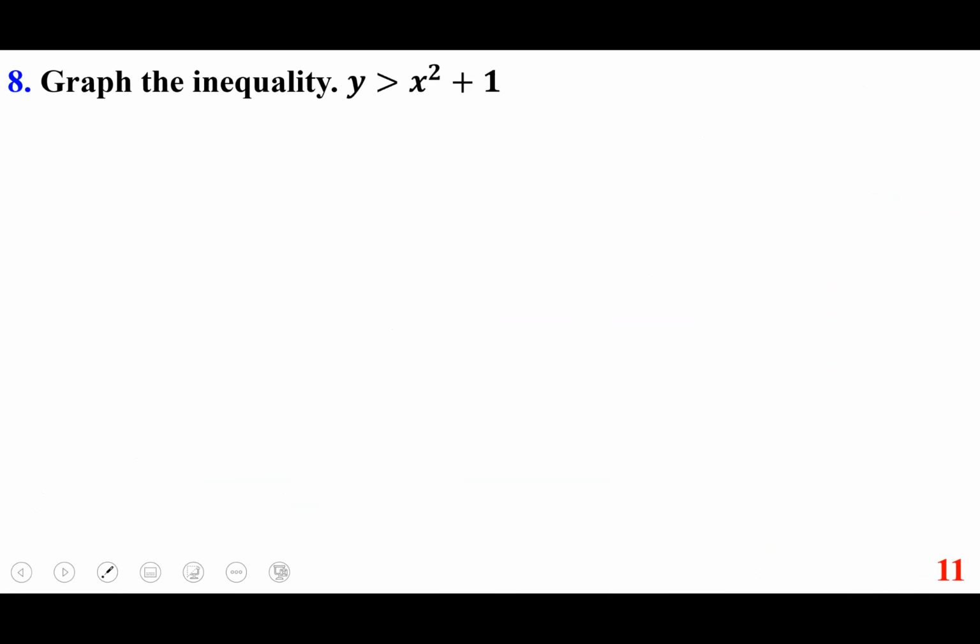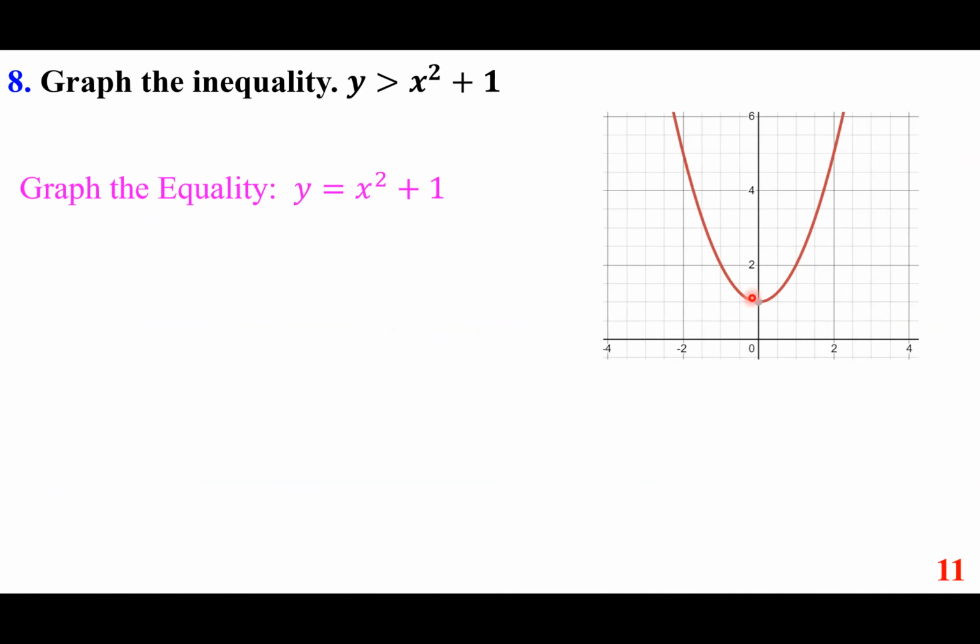We want to graph this inequality. First, let's graph this equality of y equals x squared plus 1. Remember, y equals x squared is that. Take it up by 1 notch. So this is something you know. This is located at